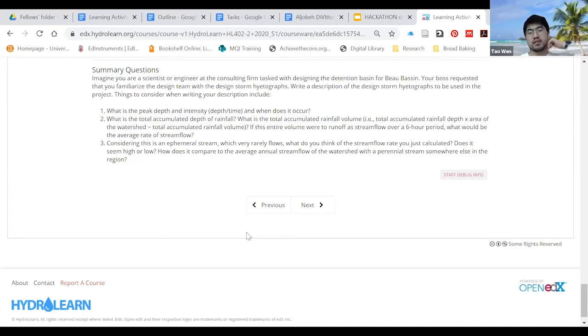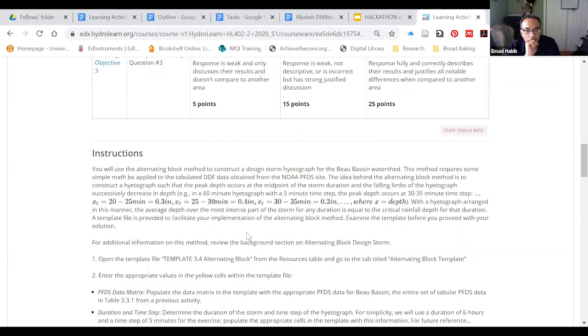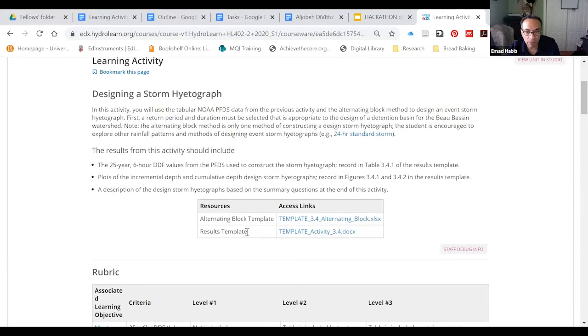Yeah, I think at the very top, we have a results template. If you can scroll up, Melissa, if you don't mind. If you open that results template, you will find a placeholder there for the students to answer those summary questions. And that's where they put their answers, or at least that's what they are asked to do. And like Melissa said, there's a way in HydroLearn where students can actually submit a file or something like that, but we chose not to promote that, because it's up to every professor. If they're using their own LMS, they can ask their students to just submit there. This way it's your site and you manage it.